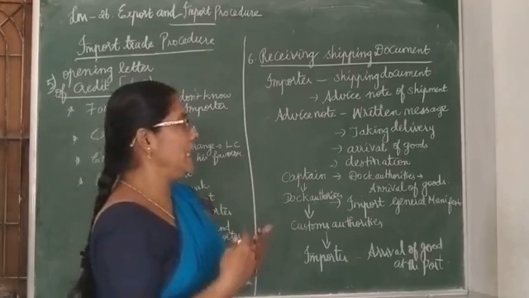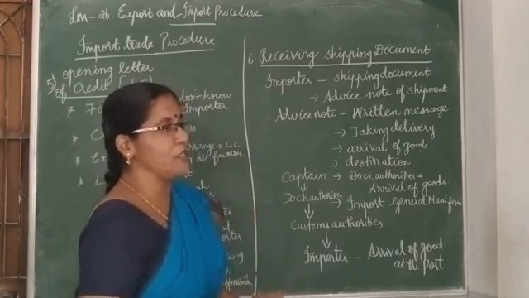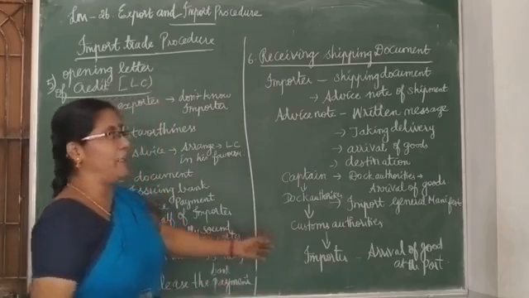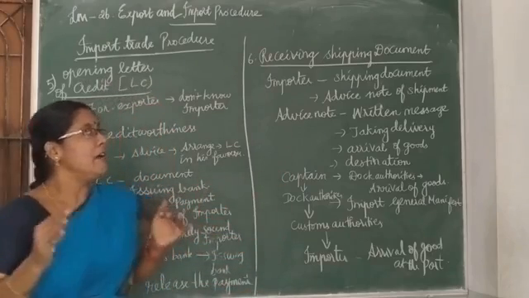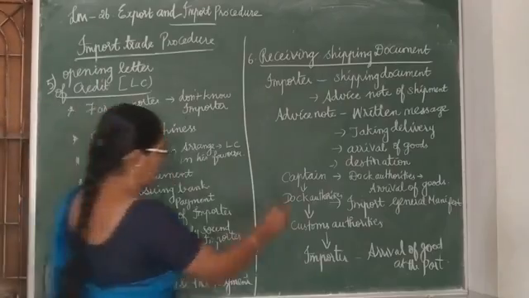What is the taking of delivery? When he is going to take delivery, when the goods are going to arrive, where the destination is, everything will be contained in the advice note. So the advice note contains a return message through which the exporter informs the importer about the dispatch of goods and advises him to make arrangements for taking delivery of goods on the arrival of goods at the port of destination.